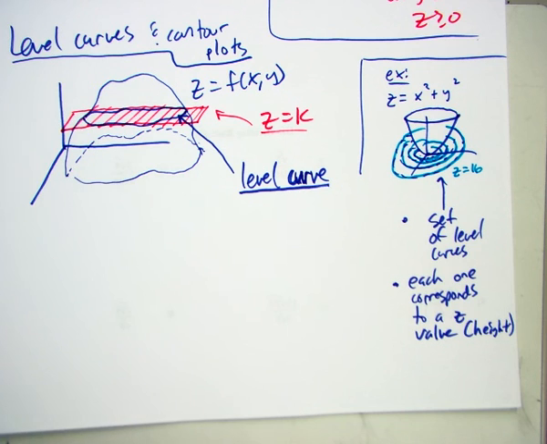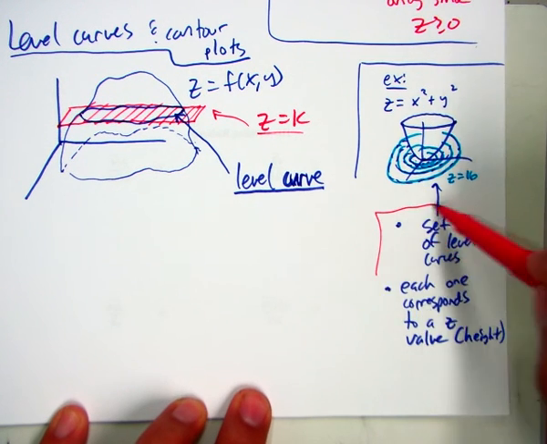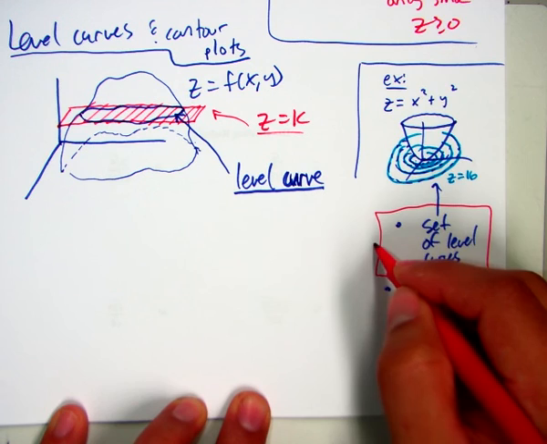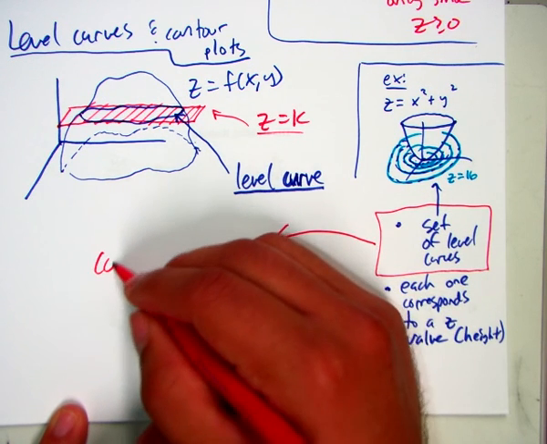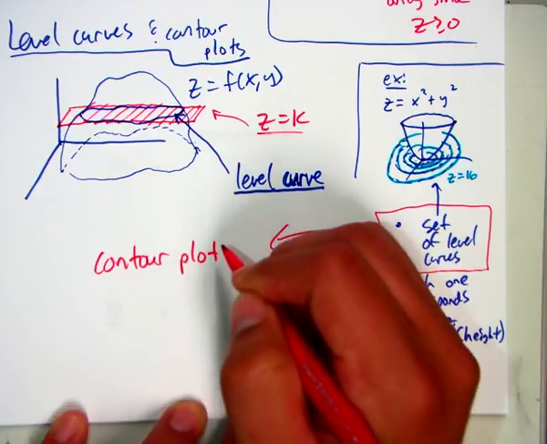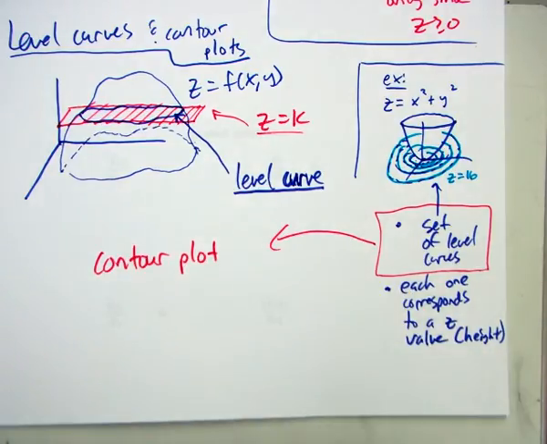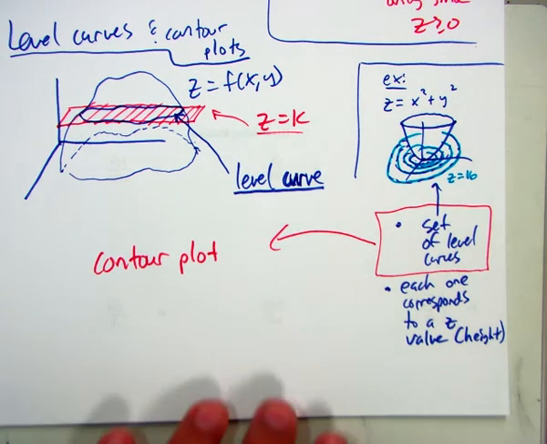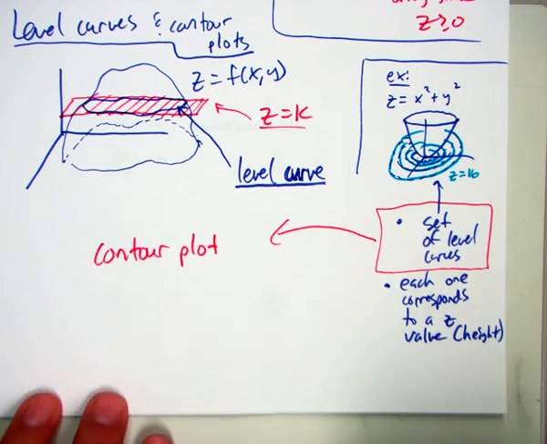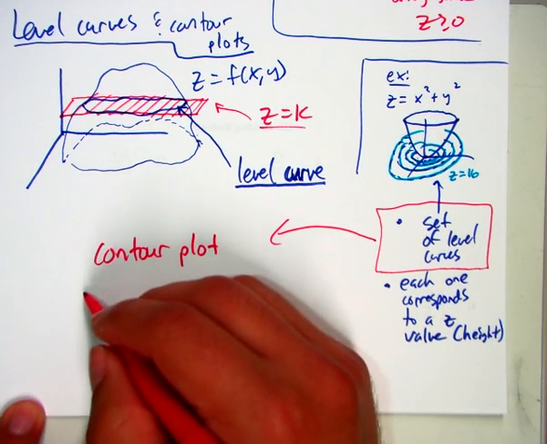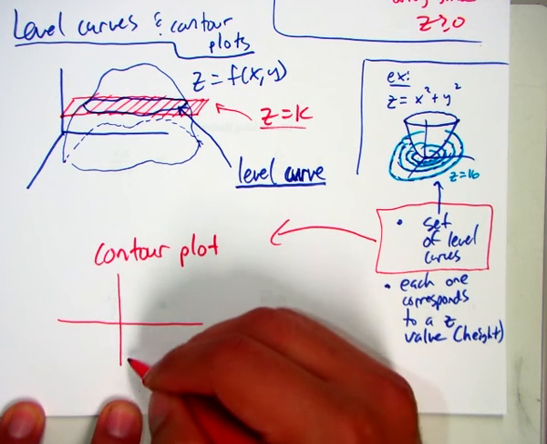Now, if we take a set of level curves and sketch them, that's what we call a contour plot. Meaning if you have a flat piece of paper like the one I'm using, and I gave you something that looked like this,